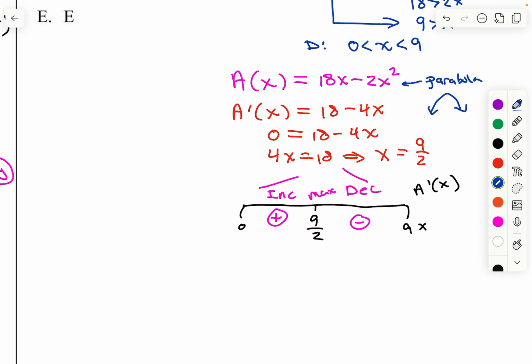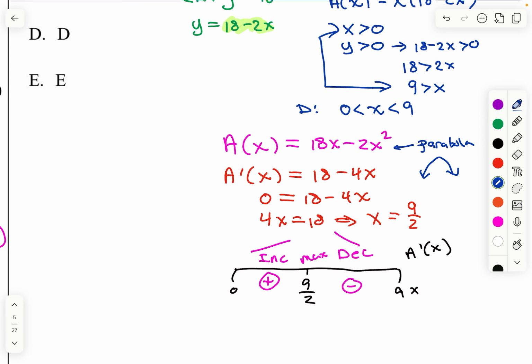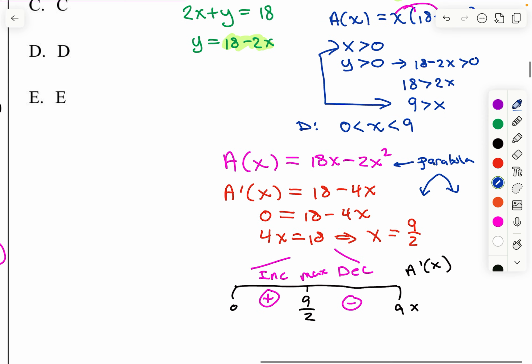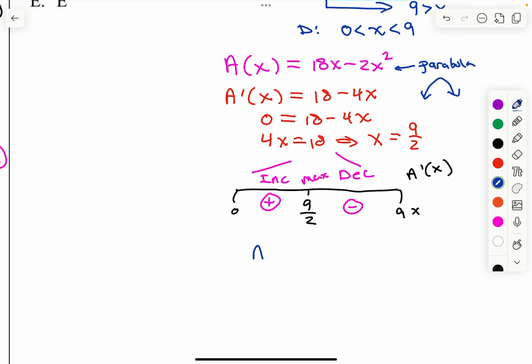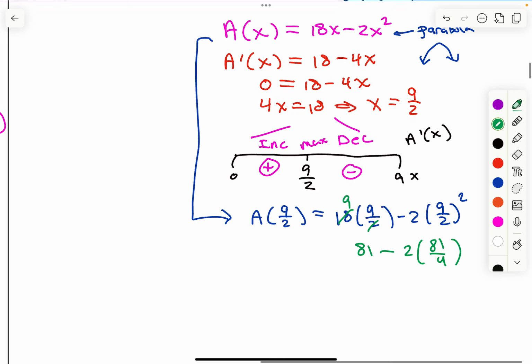All right. All this work is not really required for this multiple choice. You could probably just go right ahead and plug in 9/2 into the area function. So we know we have a max at 9/2 by the first derivative test. And now I got to find that max area by plugging in. I got to plug 9/2 in. So using a little bit of, this divides and gives you 9. So now I have 81 minus, and this is 2 times 81/4. So this is now 81 minus, let's make this,